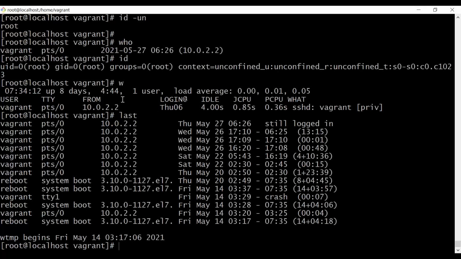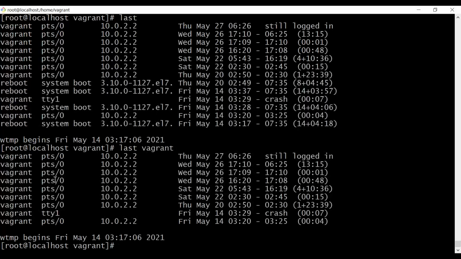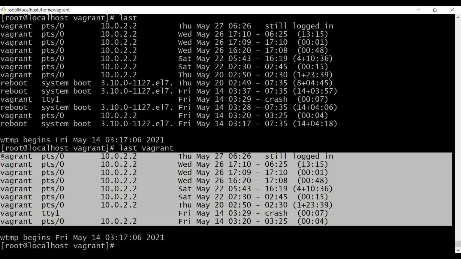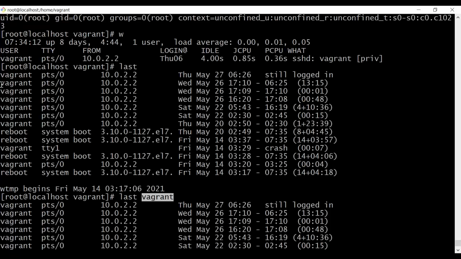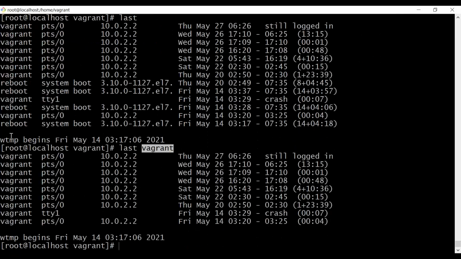And like that, we can get it user-based also. With last and a username, if you give that user, you see how many times he has restarted and when he has restarted. We can get the complete restart information of that user by using last and username. If I run only last, it shows all users' information, and before that the reboot information,